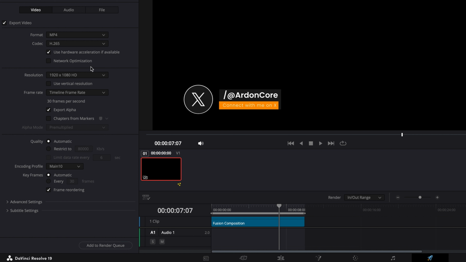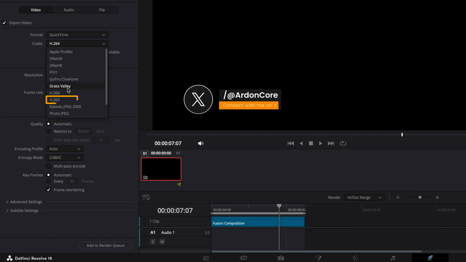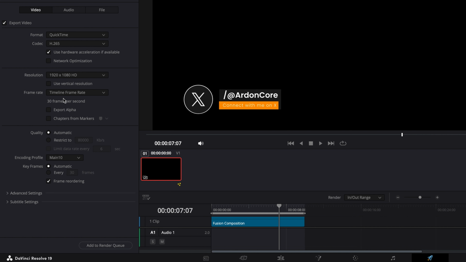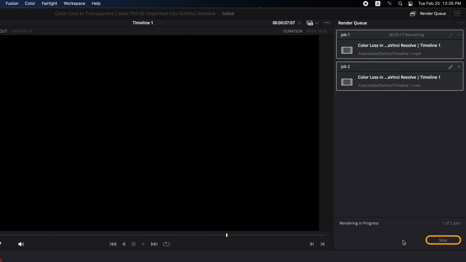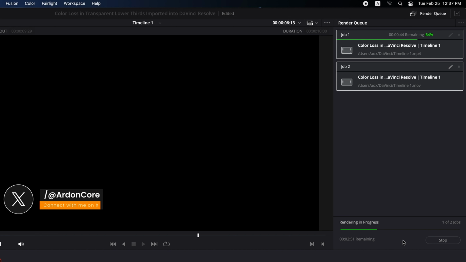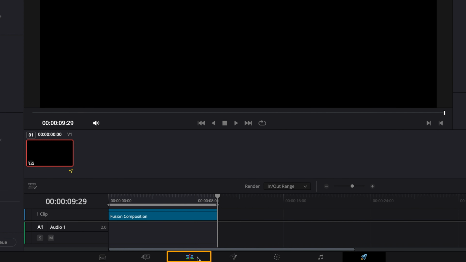Same with the QuickTime format. Select QuickTime from the Format dropdown, choose H.265 from the codec options, enable the Export Alpha option, and click Add to Render Queue. Next, select both items in the render queue, then click Render All. Once the export is finished, switch back to the Edit tab,